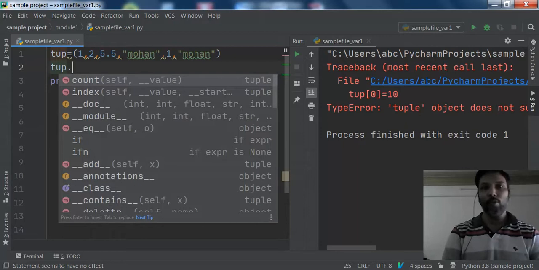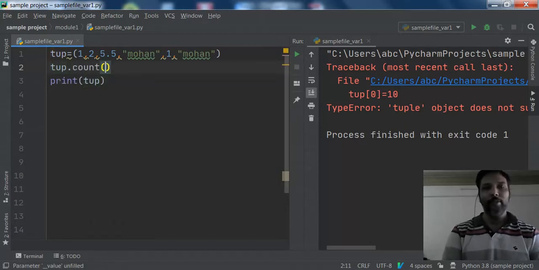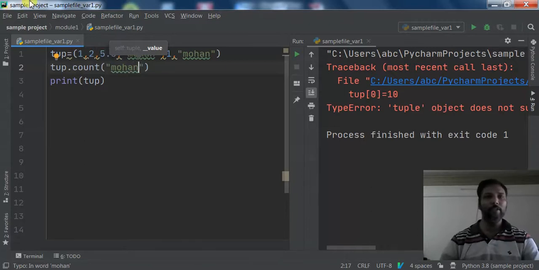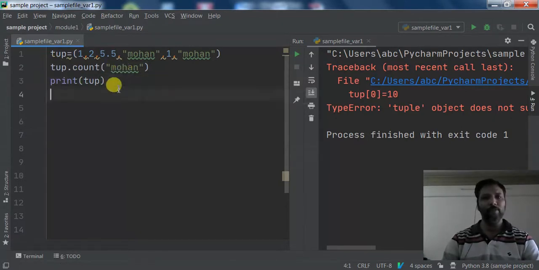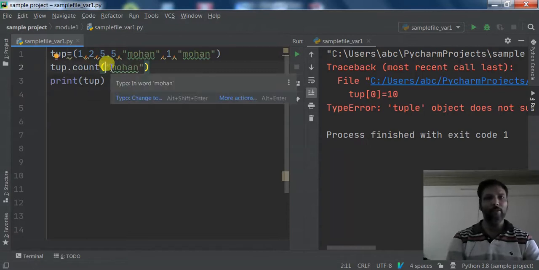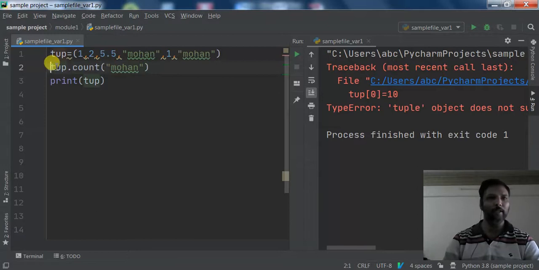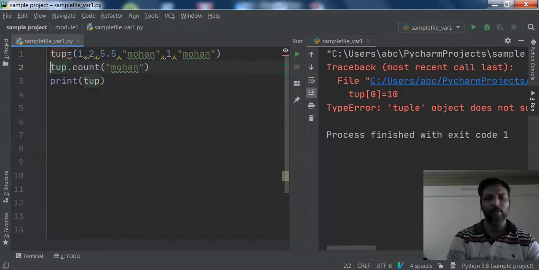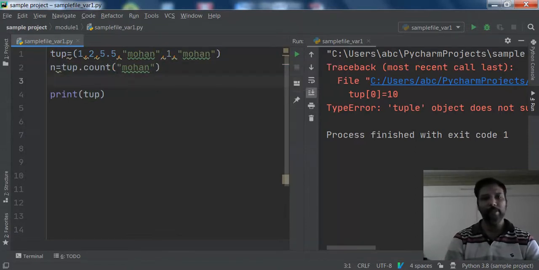we'll check it through count. So for count, we first have to enter the value we want to check. I want to check mohan, what is the count of mohan in this tuple, and I want to print it. What value will this method be returning? Store it in some variable, like c or n. First I will check what value it is returning. So print